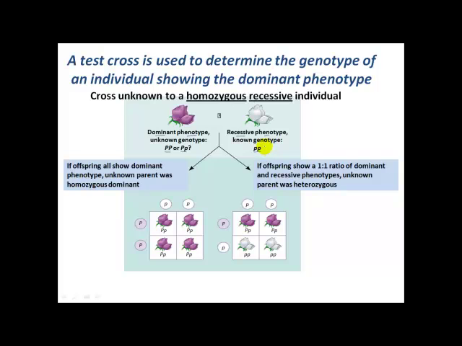And the phenotype that we observe in the next generation is really going to be determined by the gametes coming from this unknown plant, right? Whether they're passing on the purple allele or the white allele. And that's going to be dependent on what their genotype is. So we have two possible scenarios. Under scenario 1, our unknown parent plant is homozygous dominant and can produce only purple flower allele gametes, right? That's all they've got, that's all they can pass on. The other scenario, if that purple flowered plant was heterozygous, they would be able to produce two different types of gametes, purple allele gametes and white allele gametes.